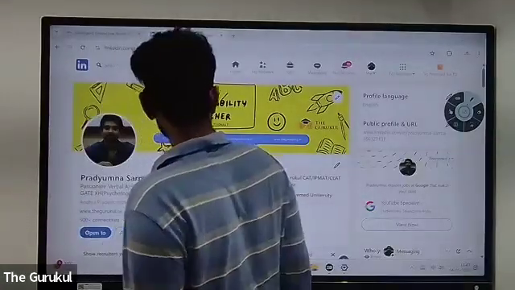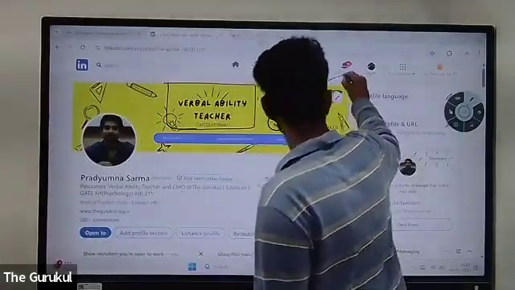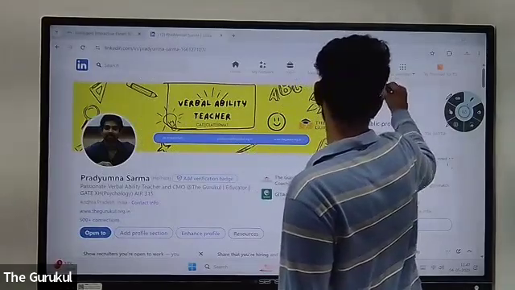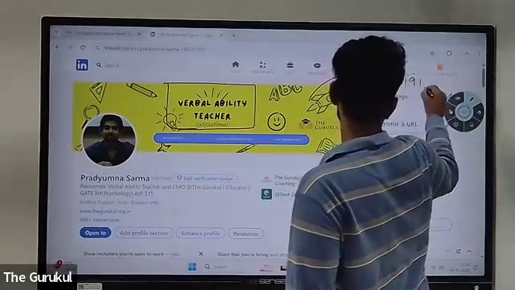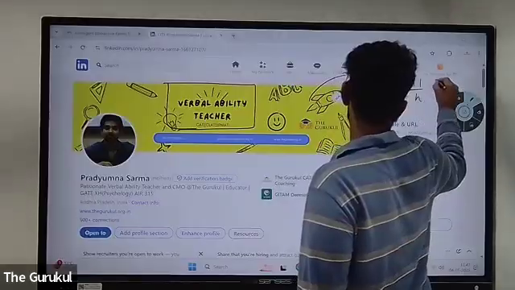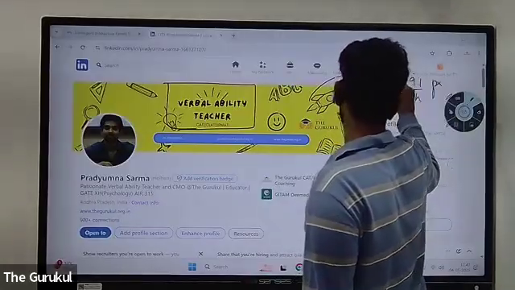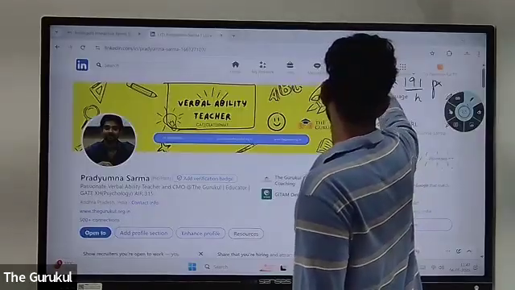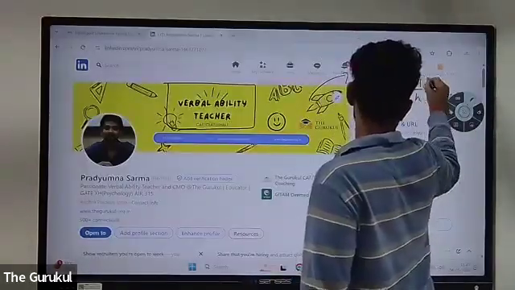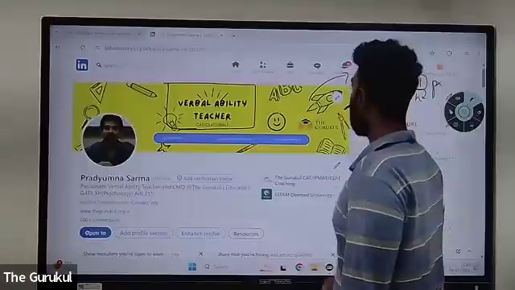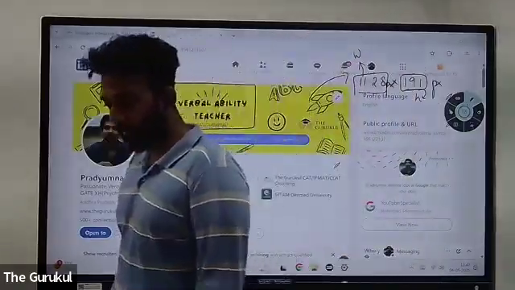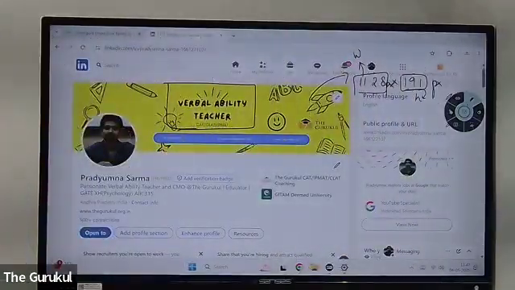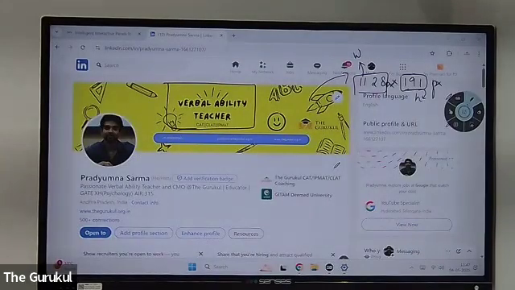Now, what are the dimensions of this banner image? The banner image has dimensions of 1128 by 191, and all of these are in pixels, by the way. So this 1128 is nothing but the width, and 191 is nothing but the height. Okay, I'd like for you to please make these notes so that you can immediately go and change these for your own